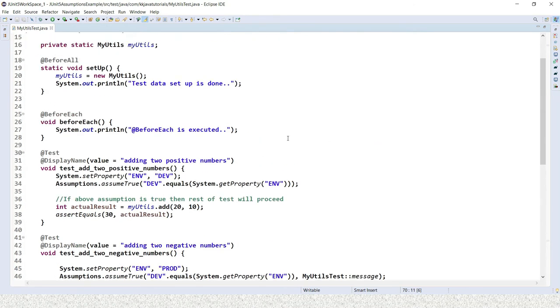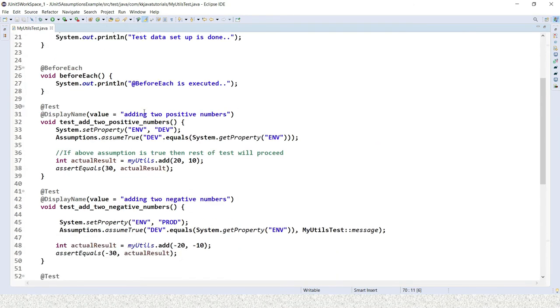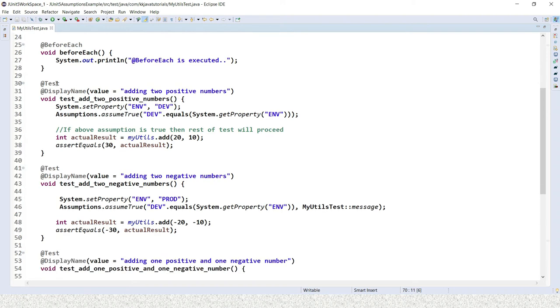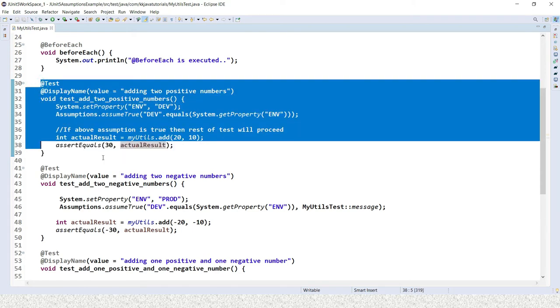Now let me show you the test methods. I have three test methods. Here you can see a method which tries to perform addition of two positive numbers. You can see the test method name. This is just passing two numbers and getting back the addition of these two numbers, right? And I'm using assertEquals, where I'm passing the expected result and this is my actual result. If both are the same, then this assertion is going to be true, right? And the test case will pass.